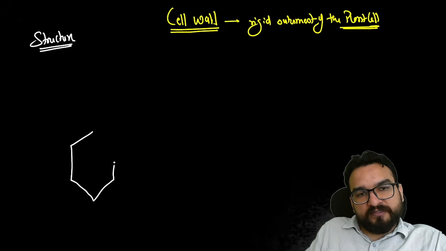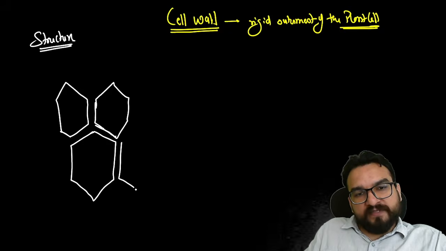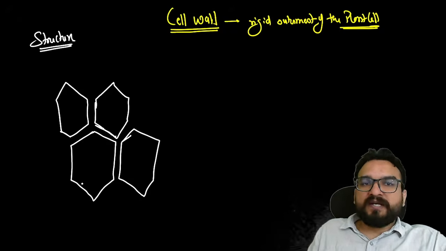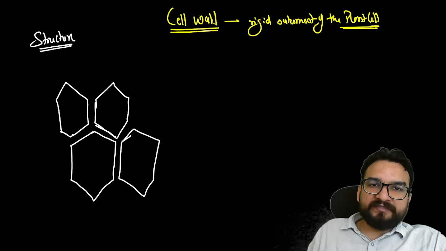Okay, let me take some time to draw it. I am drawing it for you so that you can understand how it should be drawn in the examination. You can draw it in a better way by taking more time, but again not required. Okay, like this. These are different types of cells which I am forming over here, guys. This is 1 cell, 2 cell, 3 cell, 4 cell. Plant cell is this. And I have told you that the outermost covering over here is the plant cell wall.